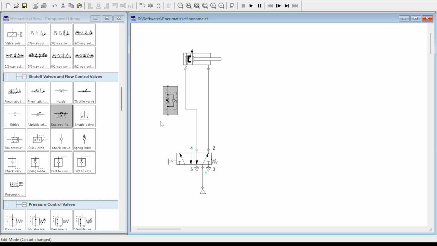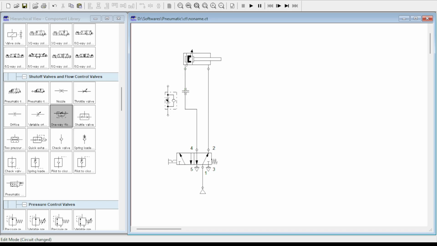Considering a one-way flow control valve, in the position in which I have connected here, the bottom port is port number 1 and the top port is port number 2, and flow from port 1 to port 2 will happen only through the throttle valve, because the check valve will be in the closed position. The position in which the fluid flow will make the check valve closed, and there will not be any flow happening through this check valve, and the flow from 1 to 2 can always happen only through the opening of the throttle. So if the throttle is closed, no flow happens. If the throttle is fully open, flow happens depending on the amount the throttle is open.